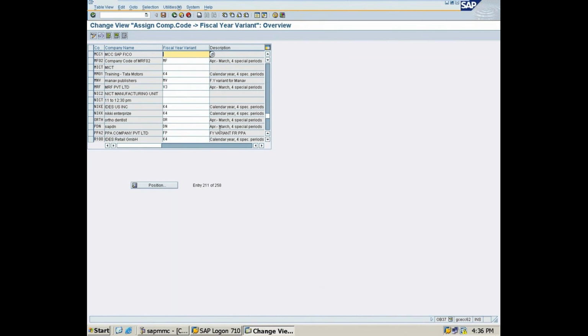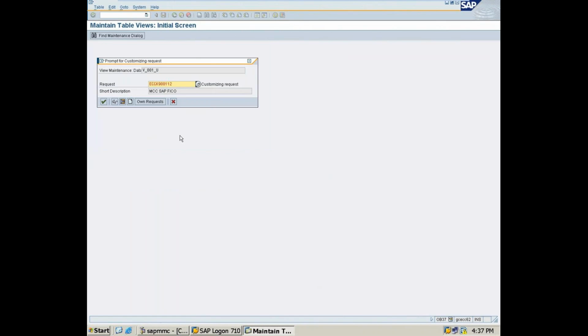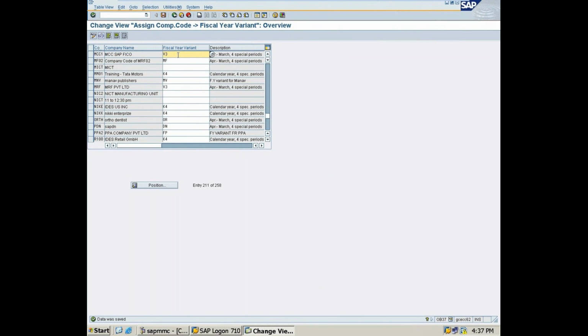I'll just give V3, then save. If this warning is asking you, press enter until it shows the save button. So it is saved. You can assign V3 to your company also. If I wanted to create my own variant, I'll change it to my company code.